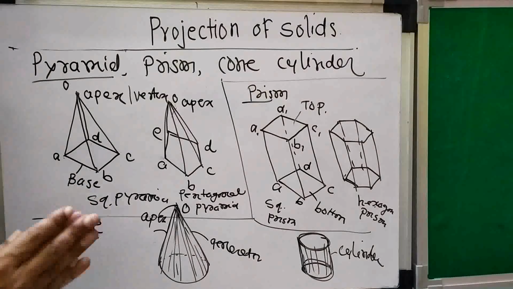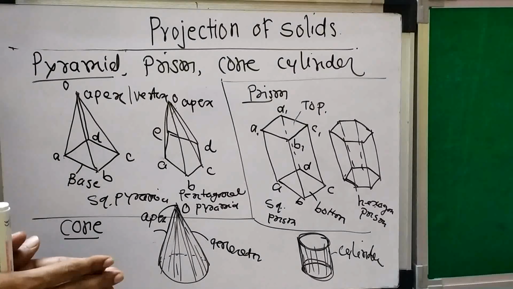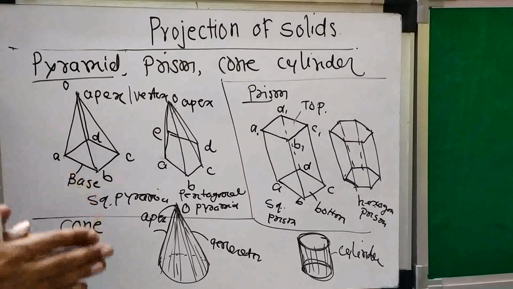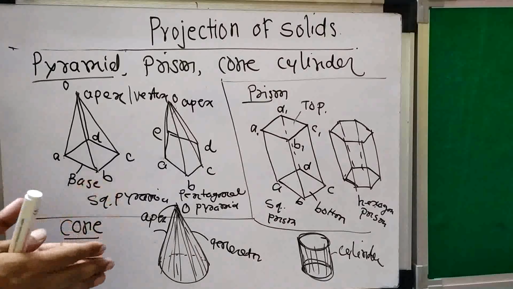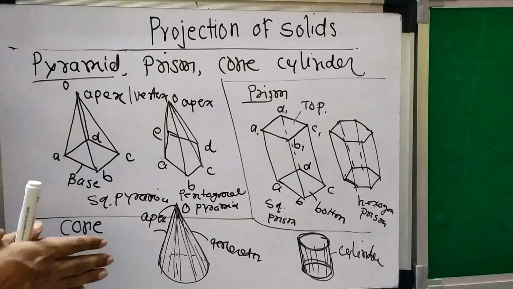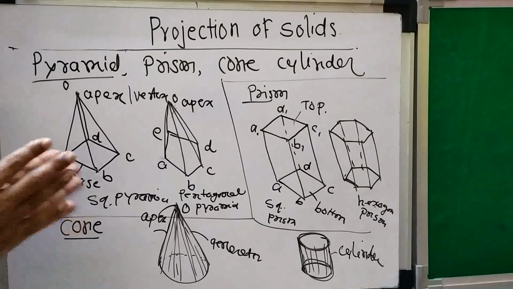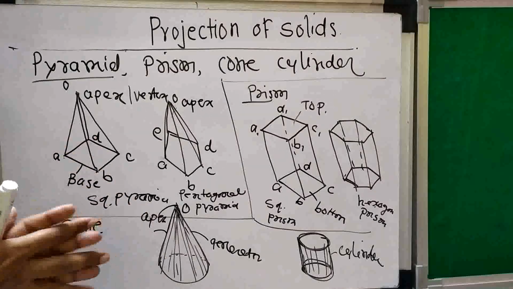So same information, same content as we have seen in the projection of a plane. In the projection of plane also the figure is given, which type of plane figure is there, its dimension is given, then its resting condition is given, that is it is resting on the corner, it is resting on the edge, whatever may be. Then its inclination is given, that is surface is inclined to HP and side is inclined to VP. Similarly here also in the solid problem, the particular type of solid is given, its dimension is given, then its resting condition is given, and then its inclination is also given.